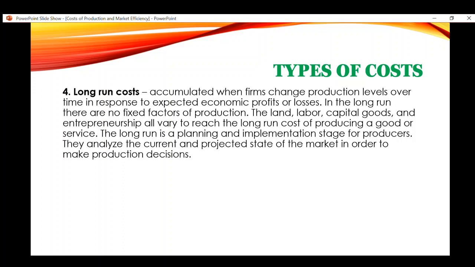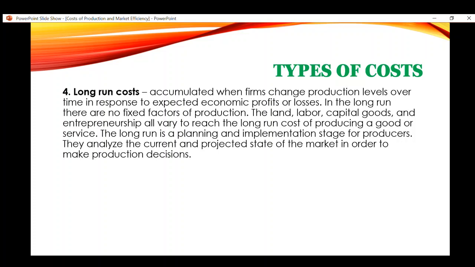So this long run is a certain period of time, but not necessarily you limit it to a certain number of years kay lahi-lahi man ang firm sa ilahang definition for the long run nga period. So dili gyud siya nga constant or uniform ni siya nga unsa kadugaya ang long run, unsa kadugaya ang short run, because it depends on the company. So the long run is a planning and implementation stage for producers. So different firms may have different stage of matawag nila nga long run. Pwede ang long run sa usa ka company is mas dugay or mas taas pa kumpara sa long run